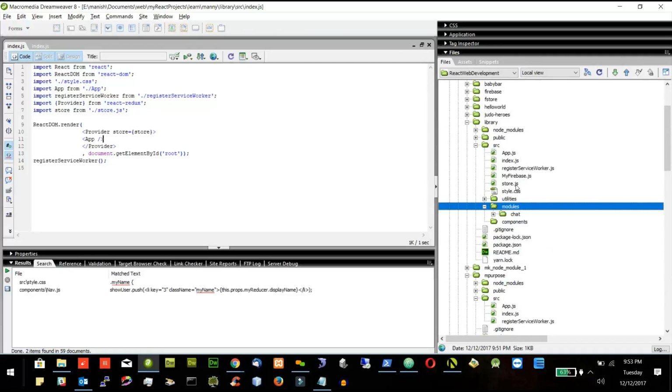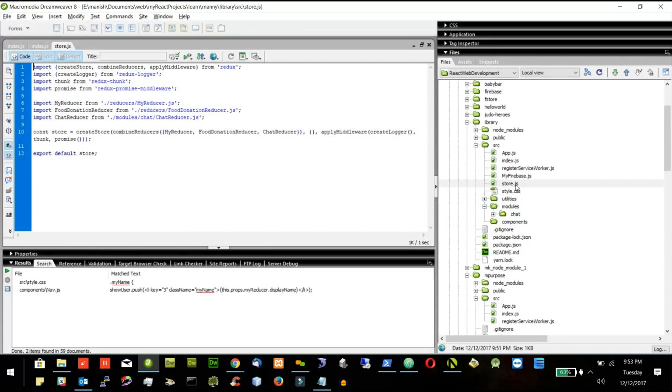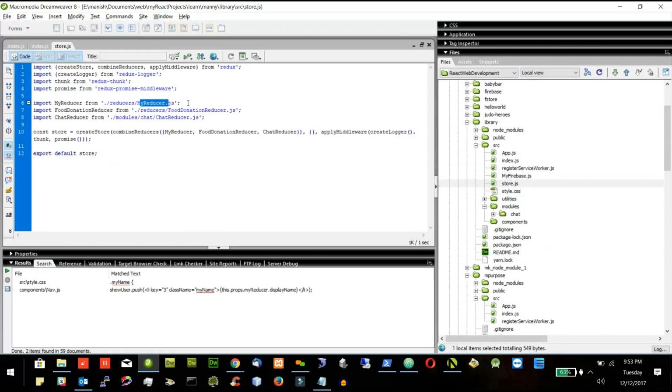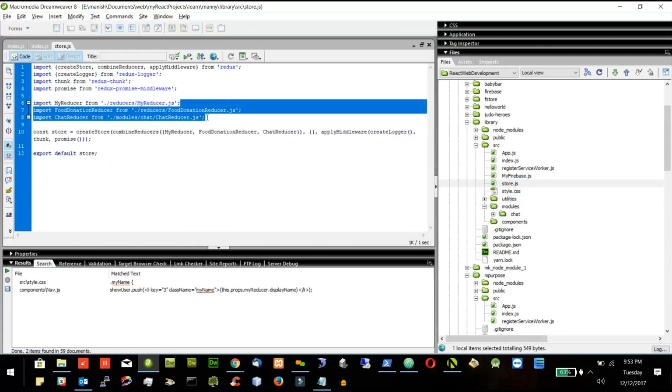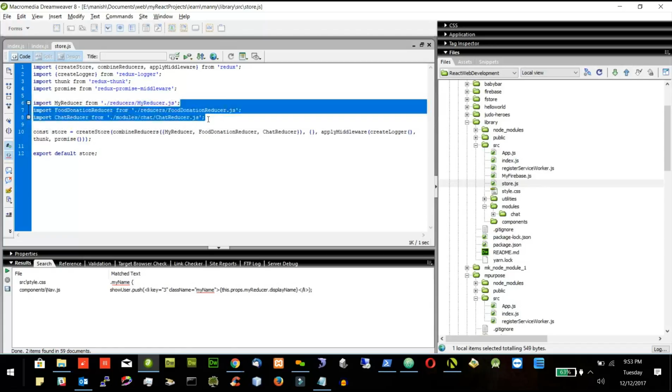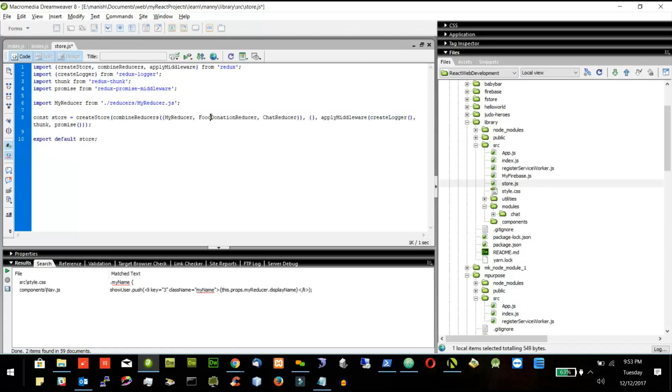Okay, let's see if I open the store. So we need my reducer also right now. I'll delete these two reducers from the store. I will use only one for now. I'll delete these two reducers